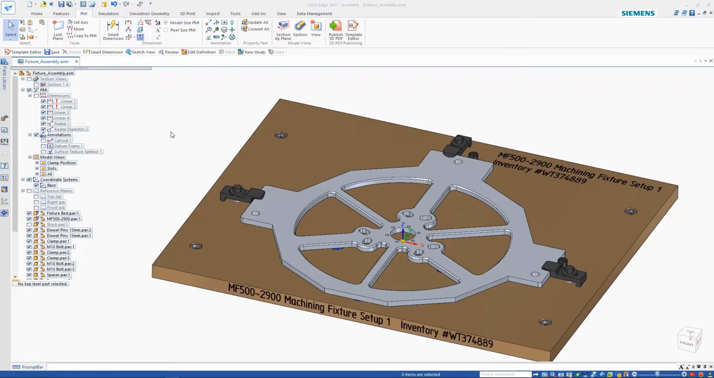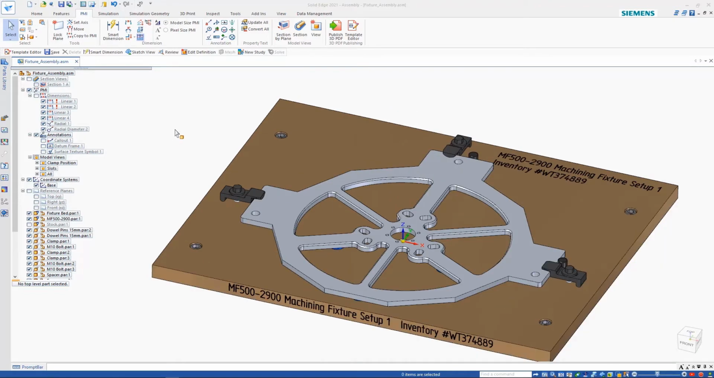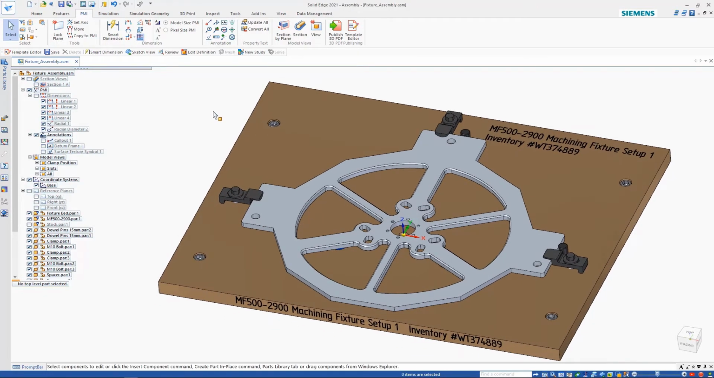So let's continue with PMI. I thought it would be fun to maybe create some setup instructions for manufacturing. So this is a demonstration that you'll see more in the segments to come. It's a little part from one of our demonstration sets. We have a fixture plate and some clamps, obviously. Now I've done a little work here. I've gone ahead and made